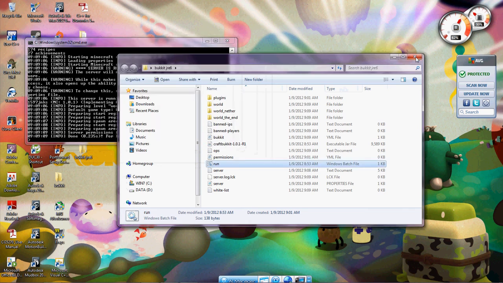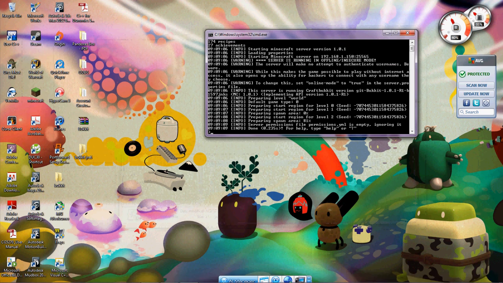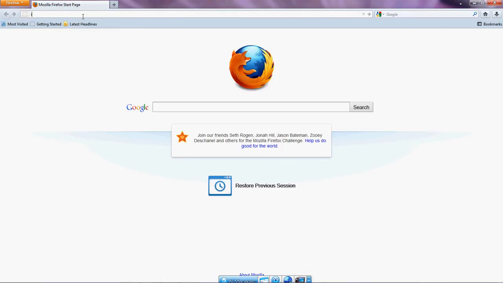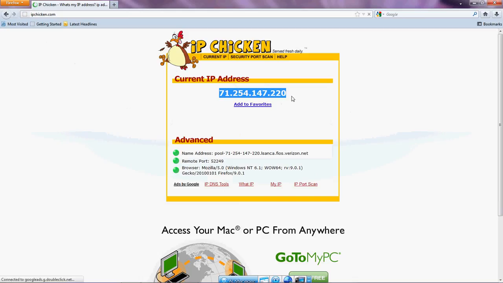Now this is the IP your friends are going to be joining on. Right here. And we can go to ipchicken.com. Your friends, if you wanted to set up a small Minecraft server, this is what they're going to be joining on. What I like to do is, because I don't like giving my IP out to people, especially if you're going to have a big server, is we're going to go to the fourth link in the description, and it's going to be